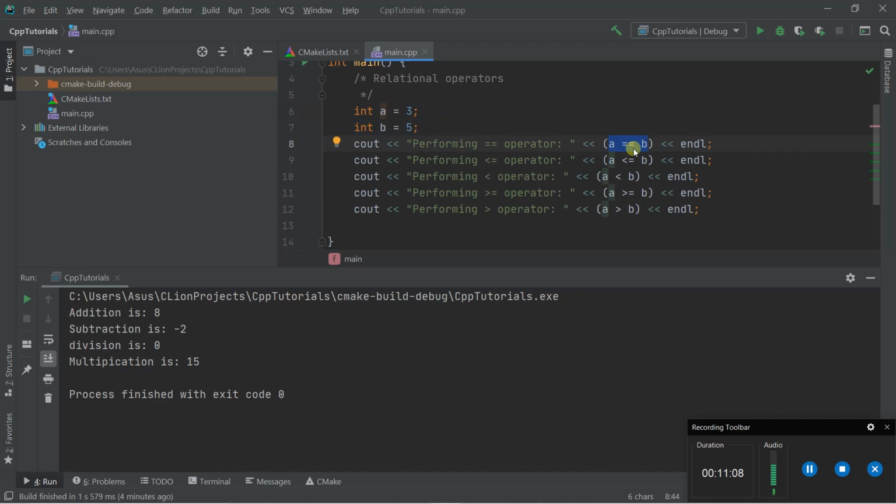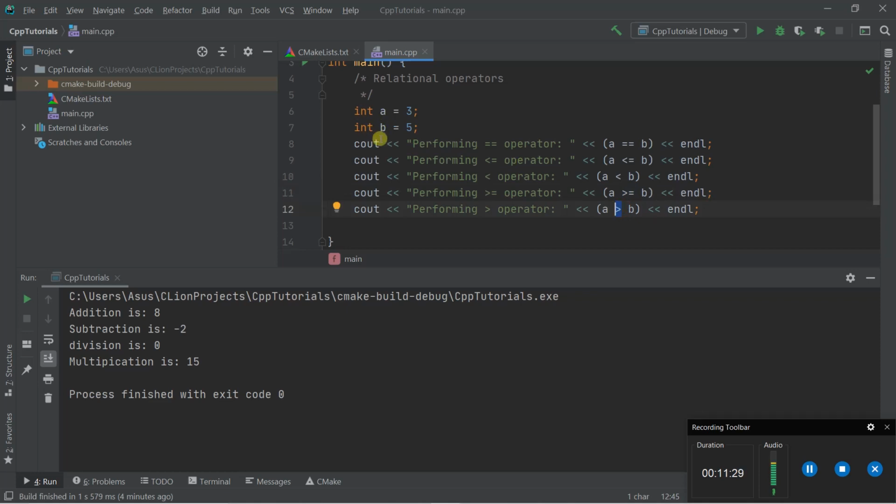In the first line we compare whether both values are equal or not, in the next line we use the less than or equal to operator, in the third line the less than operator, in the fourth line the greater than or equal to operator, and in the fifth line the greater than operator. So let's run the program.